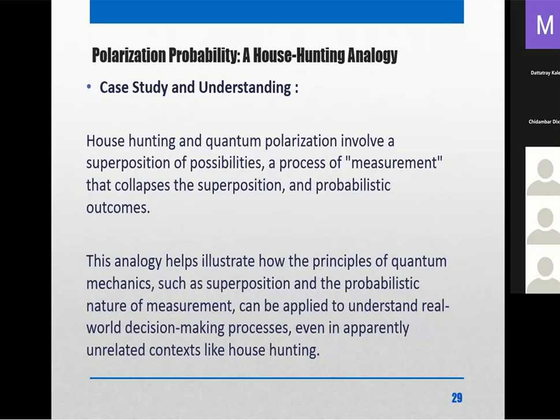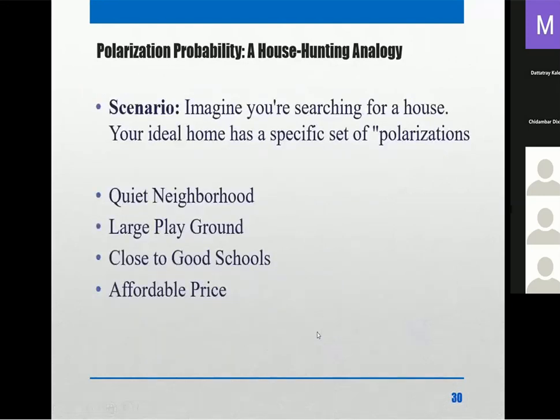The process of measurement collapses the superposition into probabilistic outcomes. This analogy helps illustrate how the principles of quantum machines, such as superposition and the probabilistic nature of measurement, can be applied to understand real-world decision making, even in apparently unrelated contexts like house hunting. So the scenario is that I want to buy a house in an IT area near Hinjawadi. What may be the